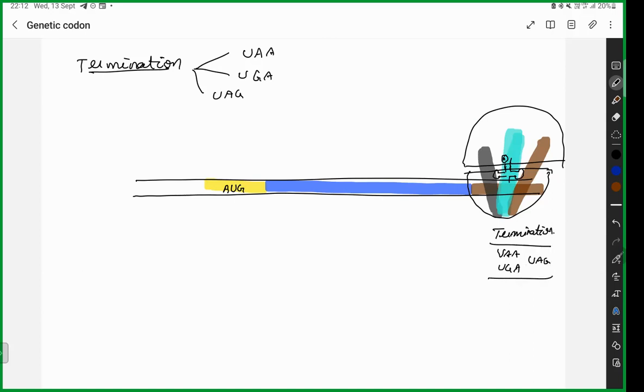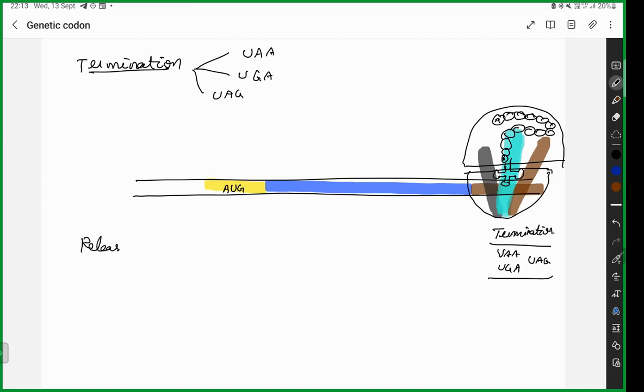Out of these three important things, what you have to understand is, see, this is going to be your mRNA. So you're going to have a very big amino acid chain loaded. Like this, you have different amino acids, and what is the first one? Methionine is the first one. Now you need to cut that amino acid chain away. So that is where you're going to have the releasing factor.